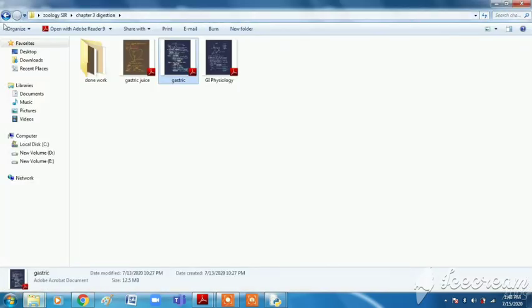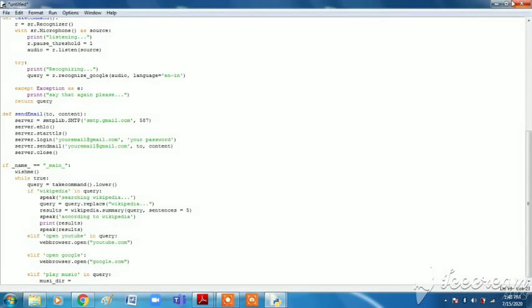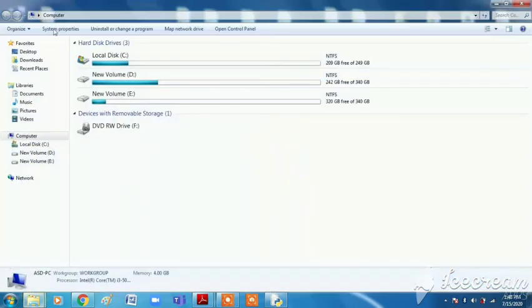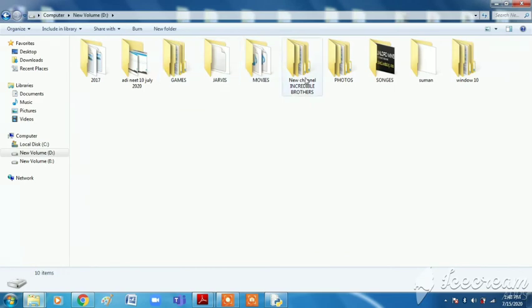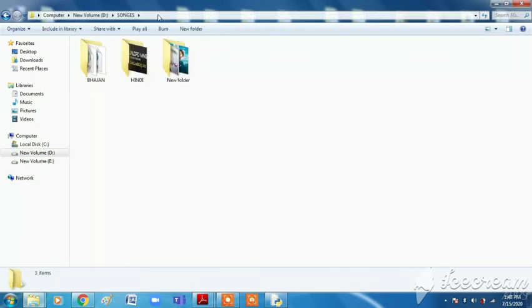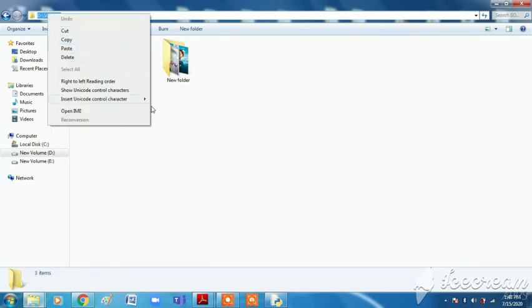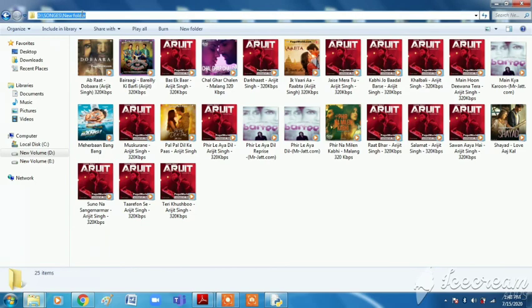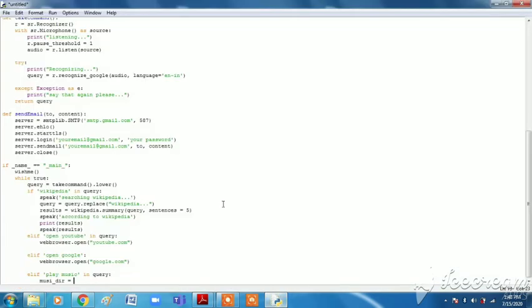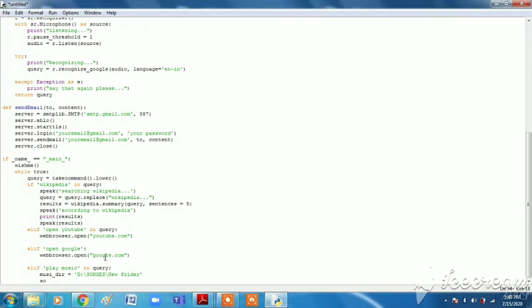So I will open my computer, go to my songs and copy this path, or I can go to one more folder and then copy, and then I will paste it here with inverted commas, and then I will write songs = os.listdir(music_dir),